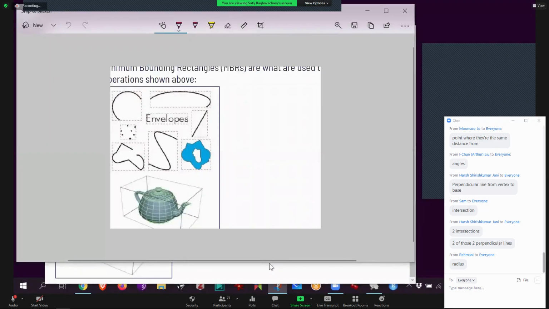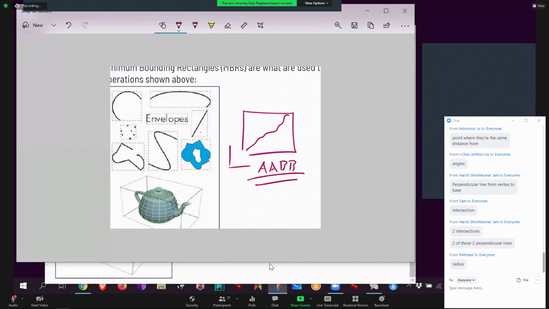Let's actually focus on here. What about this? Lines at 45 degrees, right? Or some S curve or some windy road, what at 45 degrees are the worst case for these kinds of MBRs because they waste so much space. This kind of an MBR is called AABB. Wow, like in the game industry, graphics industry. Axis aligned bounding box. Axis aligned because you align yourself with the x-axis and the y-axis. Align means parallel. So this kind of a bounding box is called an axis aligned bounding box.